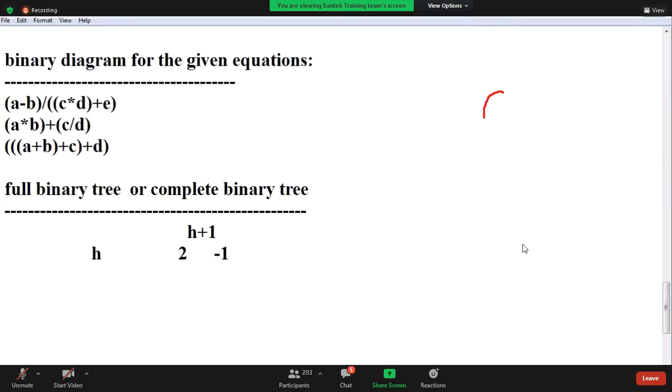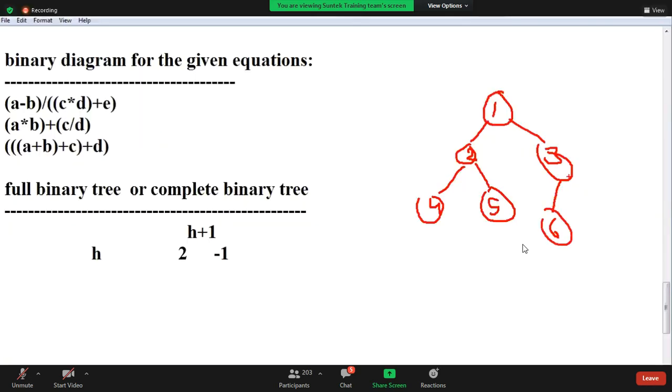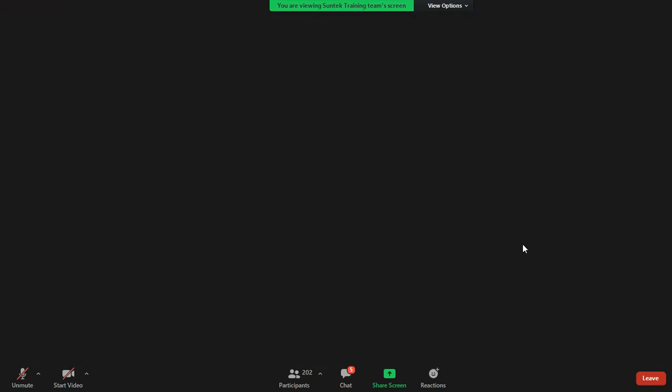For example, see this. One element, 1, 2, 3, 4, 5, 6, 7. Height is how much? Height is 2. How many elements should it contain? 2 power h plus 1, 2 power 3 minus 1.